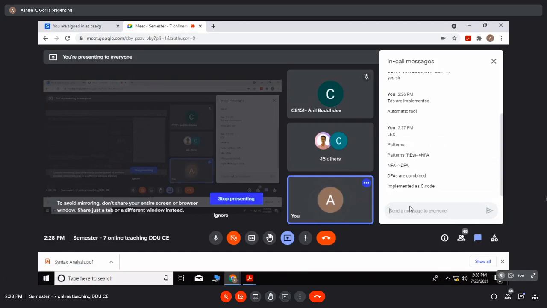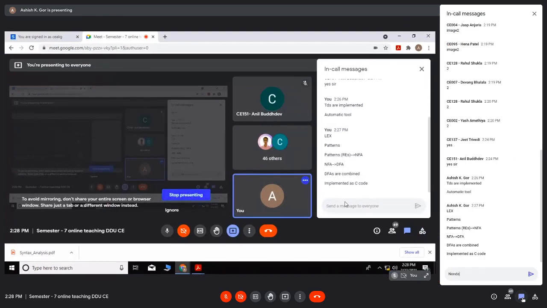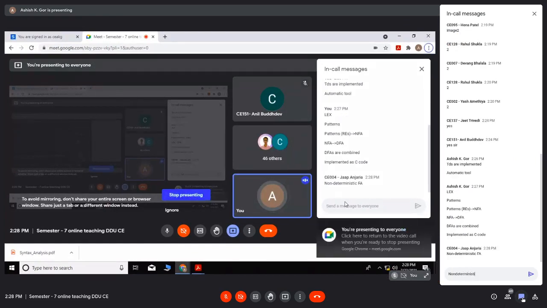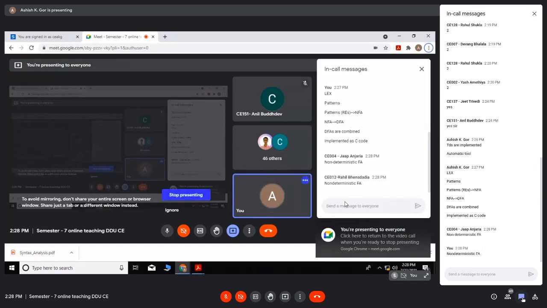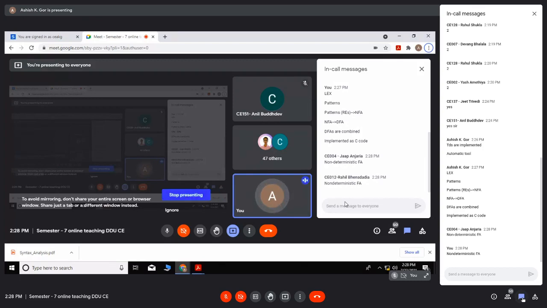What is NFA? Anybody can tell me what is NFA? Non-deterministic finite automata, correct. That means from one state, on one symbol there could be many transitions, while in a deterministic finite automaton, from one state on one symbol there is a unique transition.